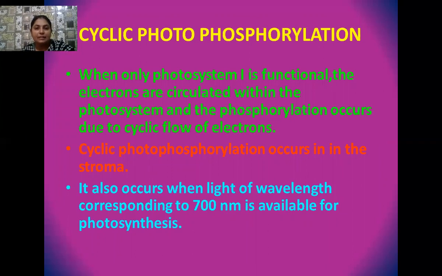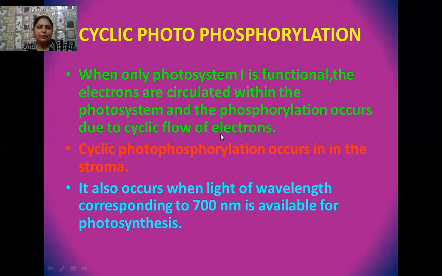The electrons which are present in photosystem 1, P700, when they receive light corresponding to 700 nanometer, become excited because of this extra energy, and they move uphill. Later they come in contact with various types of electron acceptors, and at each step they release a certain amount of energy. In cyclic photophosphorylation, as no NADP plus is present, the electron starts its journey from P700 and again reaches P700, so ATP molecules are synthesized in photophosphorylation of cyclic type, and no NADPH is found.